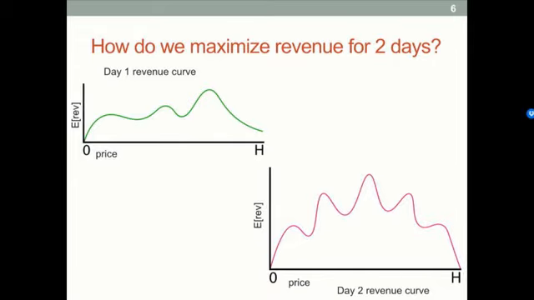We have one-day shipping. These are all the people who want their package in 1 day, and these are all the people who want their package in 2 days. Using their marginal distributions, we construct their revenue curves. What could we do to sell the shipping? You can use two options, I guess.